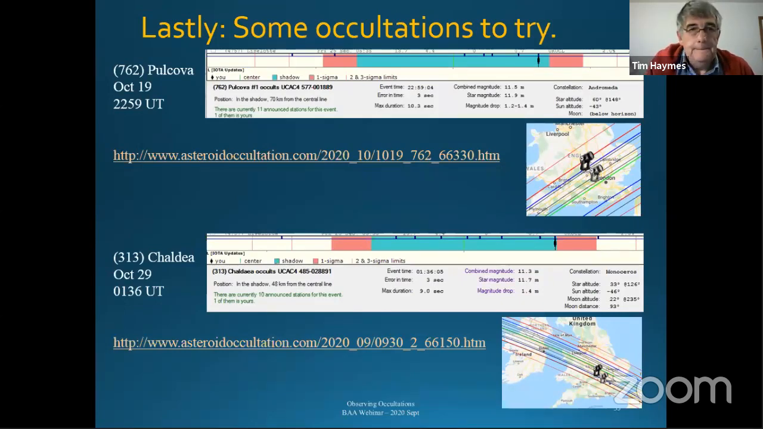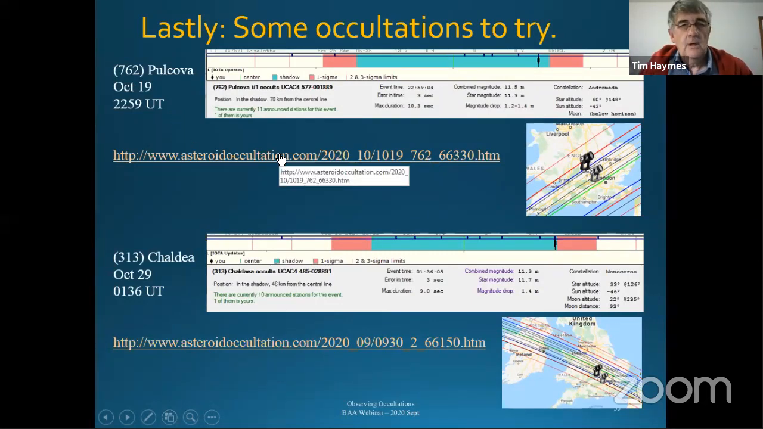Lastly, there are some occultations that are observable, hopefully. I've picked them out, which are of long duration and large shadows. This one here, October the 19th, is 762 Pulkova. It's at late evening. Hopefully, if I didn't destroy this slide, I could actually show this up, but hopefully it comes up. Yeah, this is the actual observation prediction on